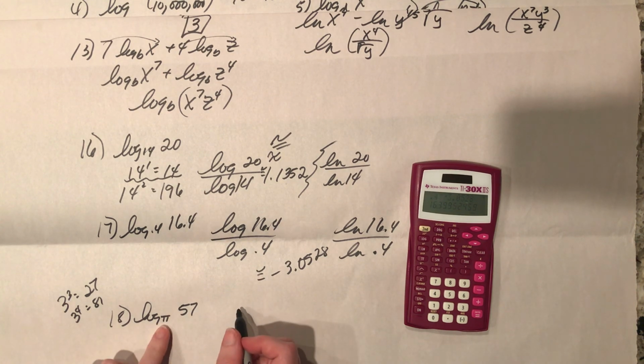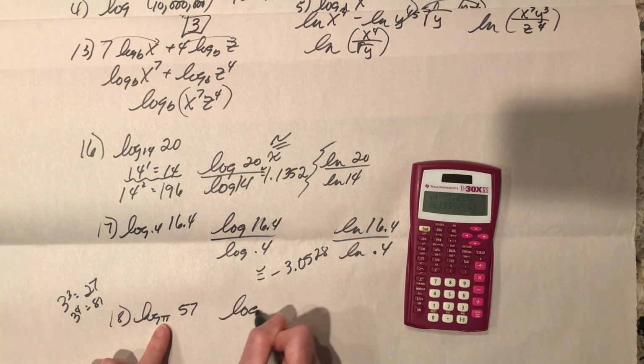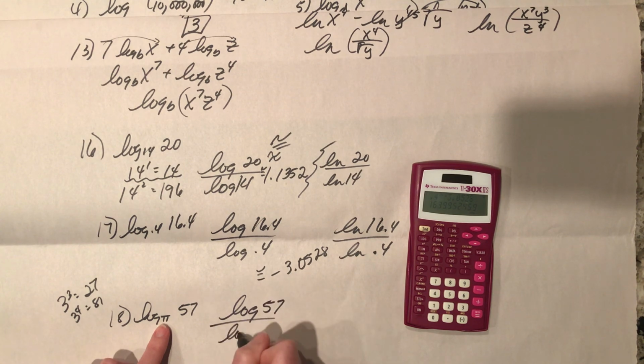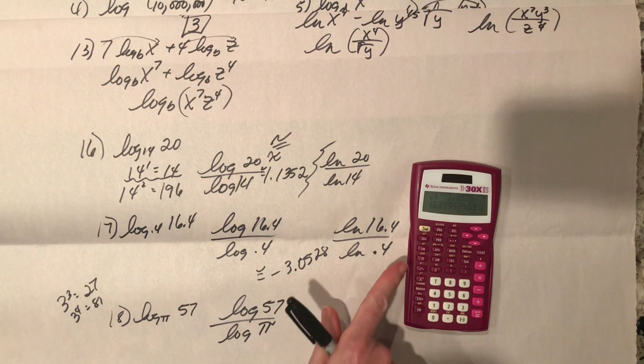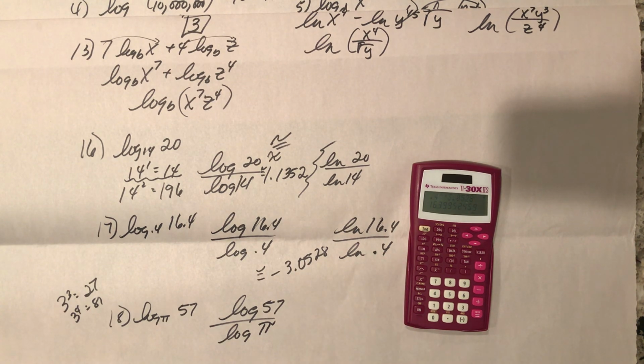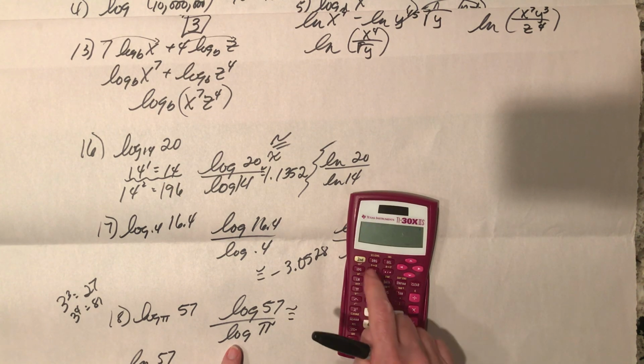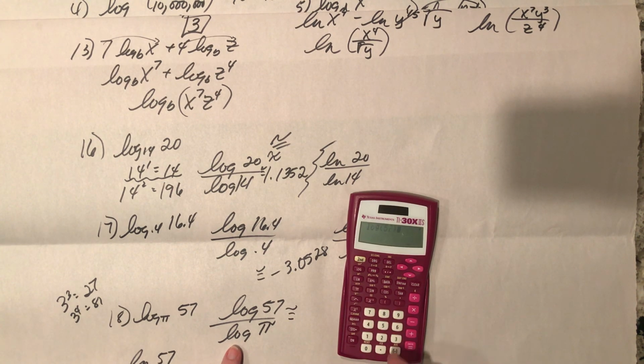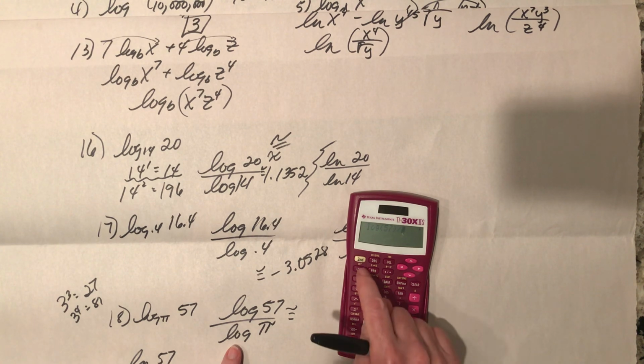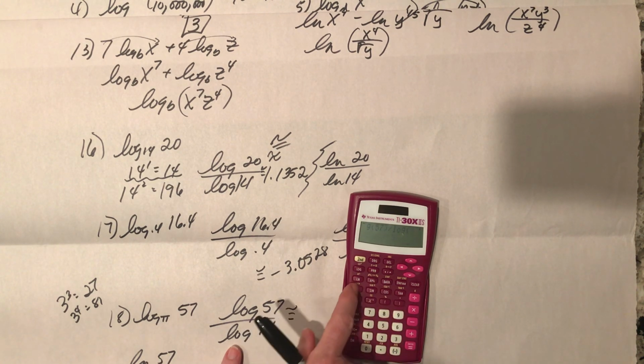We don't have a log base pi, so log of 57 over log of pi, we'll use our pi key, which is along this left-hand edge. Or you can do natural log of 57 over natural log of pi. Let's do logs this time. It's going to be approximate because we're going to round. So log of 57, close it out, divided by log of the pi key, is just 2 floors down, and that equals